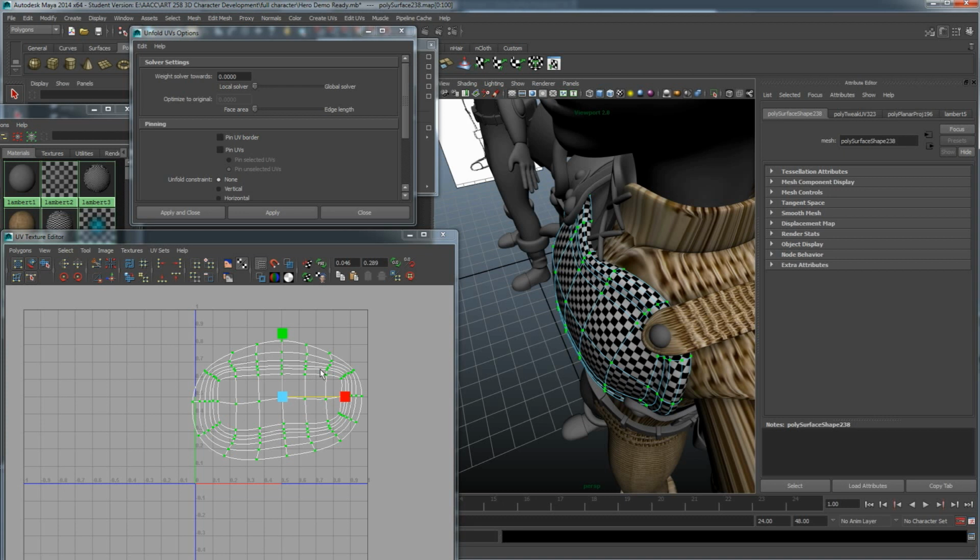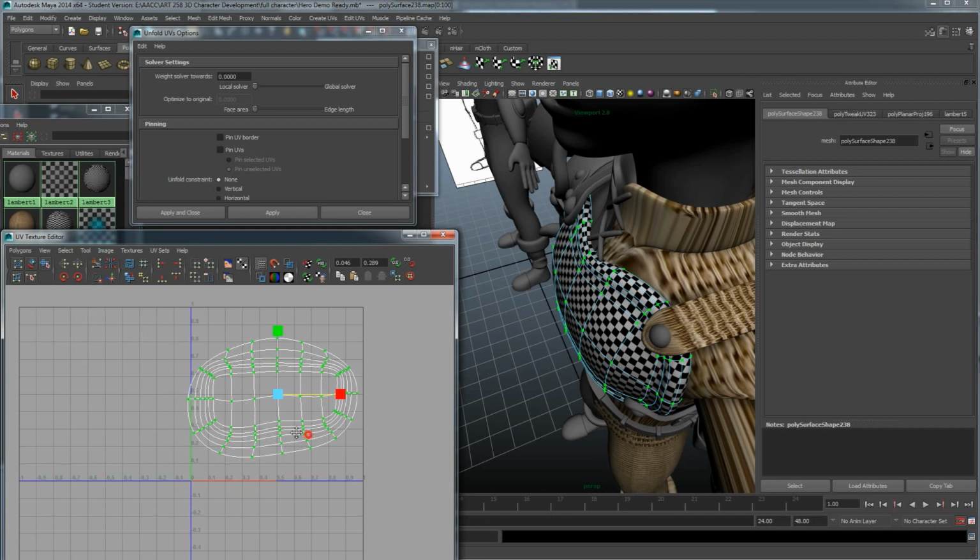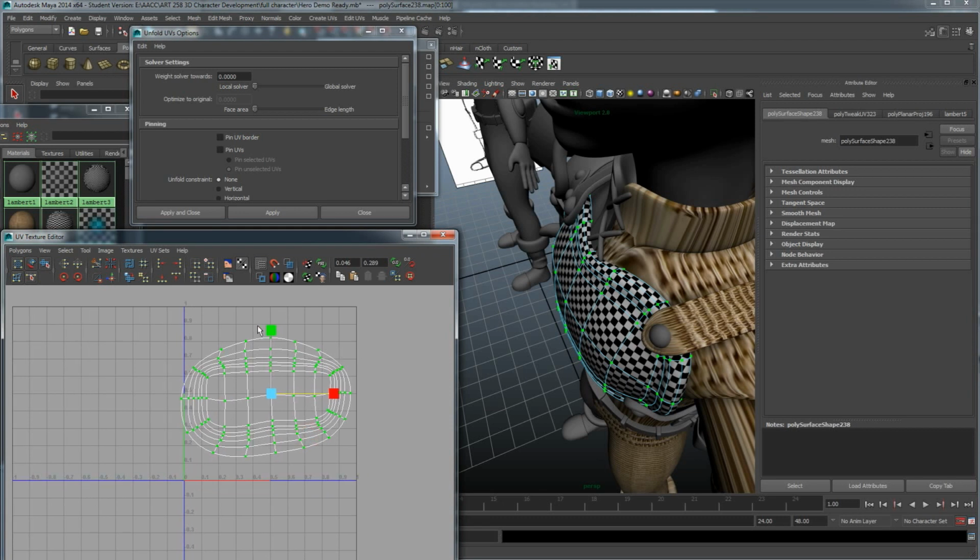You can't take a spherical globe, cut it in half, and push it flat on a piece of paper. You have to cut it a little bit more in order to get it as flat as possible. You can't flatten a sphere and expect it not to rip to pieces as you're trying to push down. So we need to cut the edges to basically rip it a little bit so it can